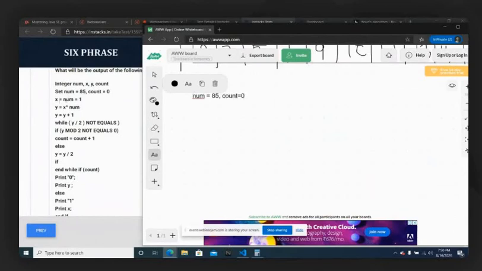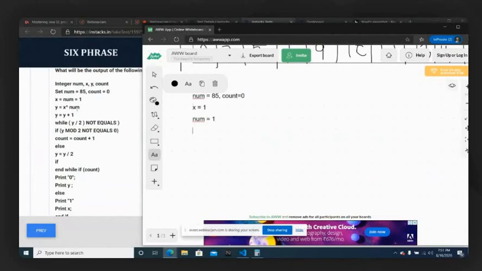Now x is equal to num is equal to 1. So after setting 85, num is also changed to 1 now. So your new x value is also equal to 1, and our new num value is also equal to 1.